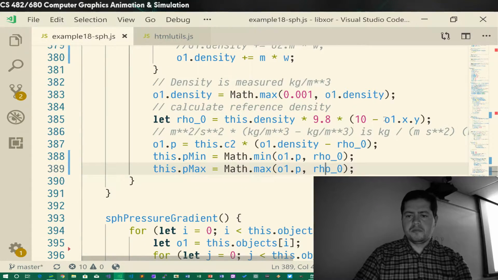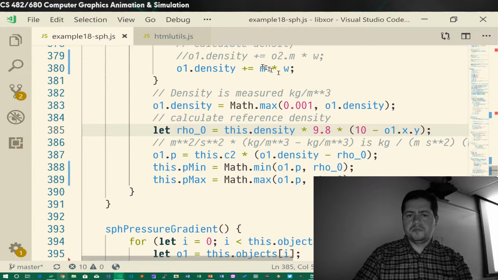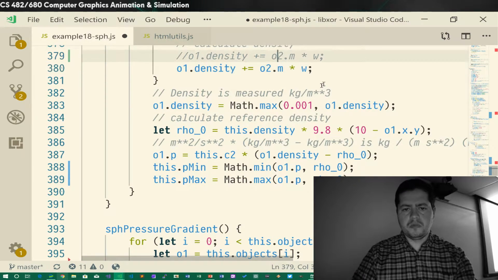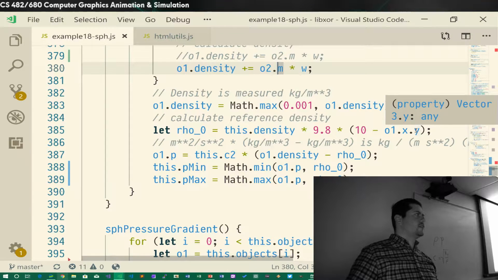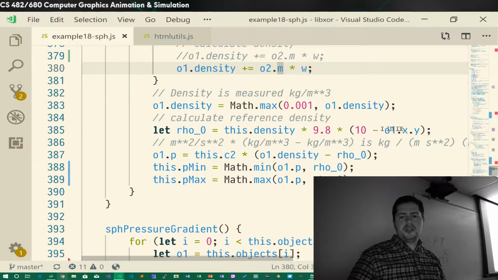So I think density is coming out fairly small. Justification for rho naught being what it is: density times gravity. Yeah, rho times mass times height. So if you have density times g times height,